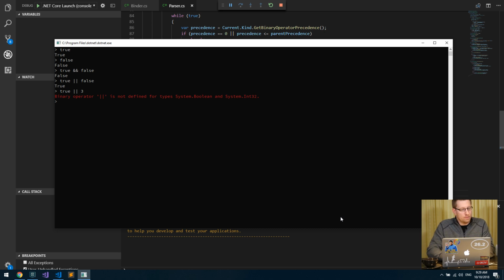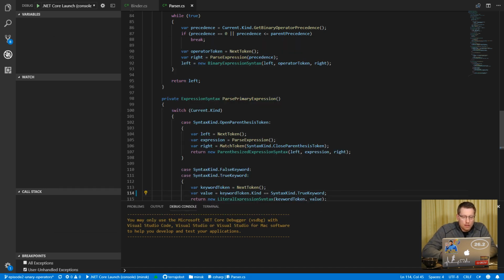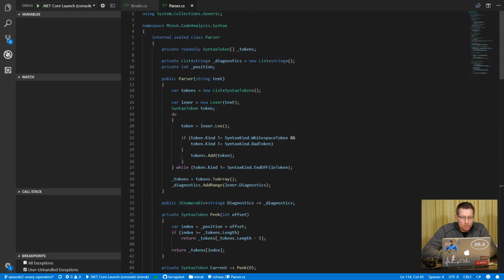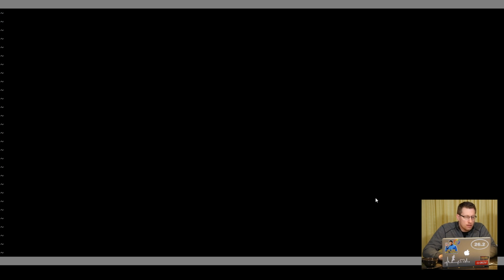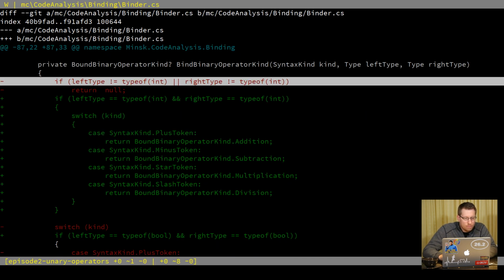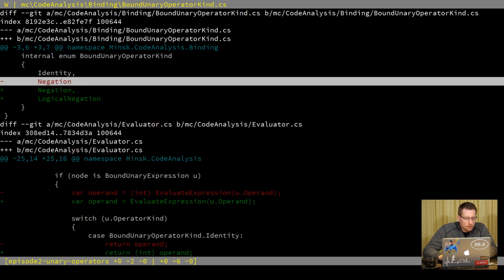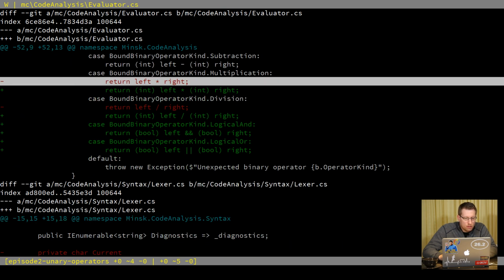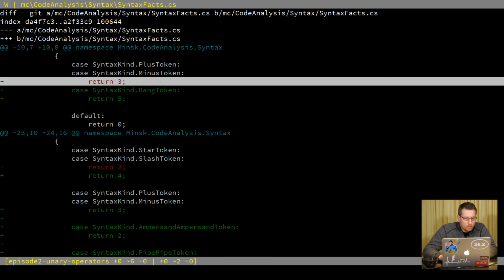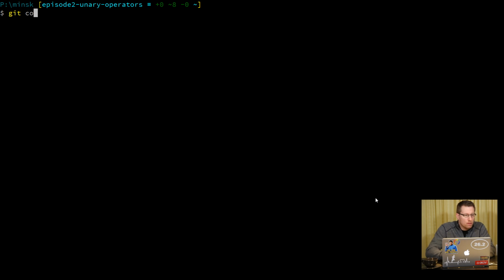All right, so far so good. Now, what happens if I do this? Bad character in input. All right, that also works. So we are pretty good. So now let's get these guys in. And let's call this git commit add support for